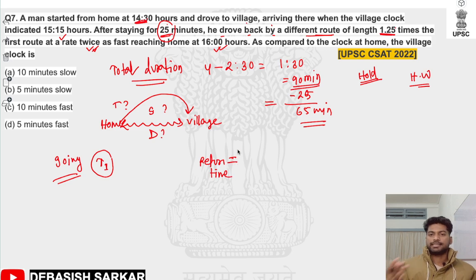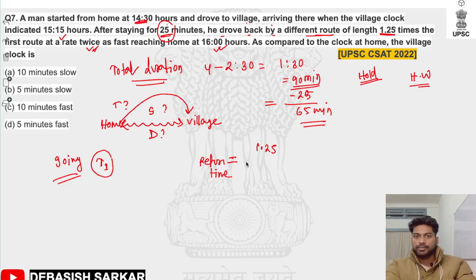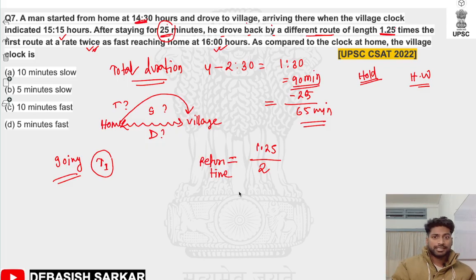If the distance is increasing, the time will also increase, but the speed is also increased twice. So now the time will also decrease, because the route length increased, but the speed also increased. So it will be yours